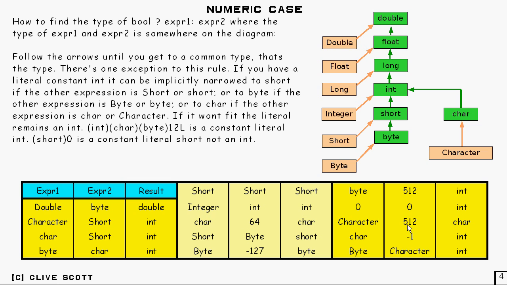Character and 512. 512 can be narrowed to char, so it's going to be char. Char and -1 is an int because you have -1 here. You can't implicitly narrow -1 to char, so it stays as an int, and therefore the answer is int. Byte and character is going to be int,